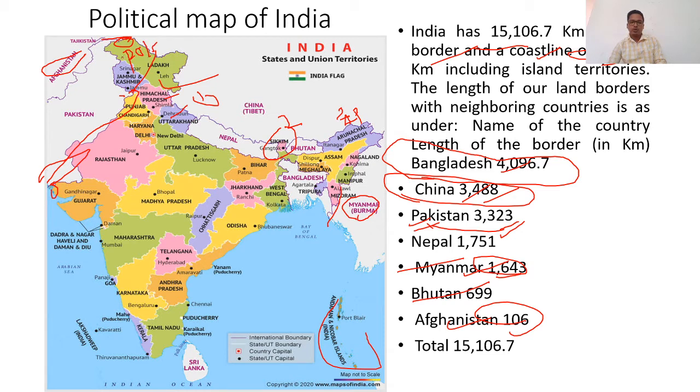So it touches POK, this 106 kilometers. So don't be confused if Afghanistan does not share a border with India. So total border length would be 15,106 kilometers. यह बहुत important है याद करने के लिए क्योंकि ये कभी भी पूछा जा सकता है।